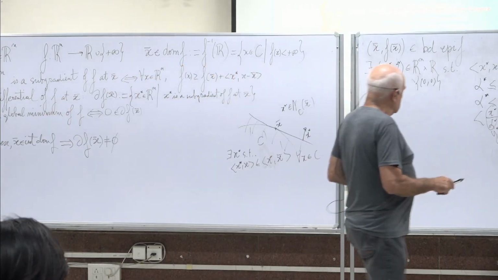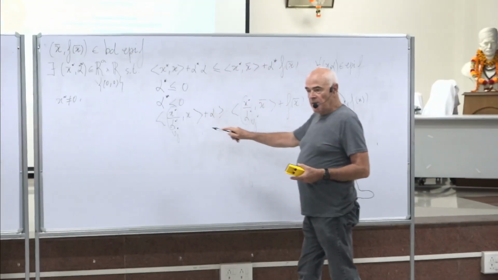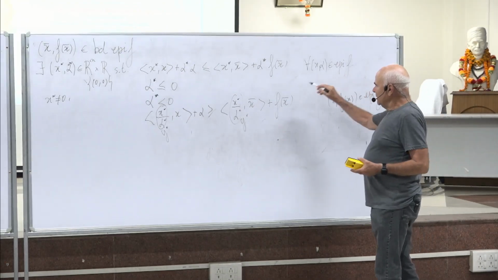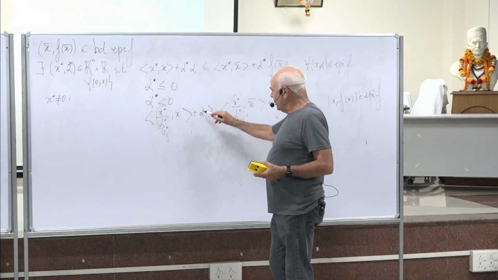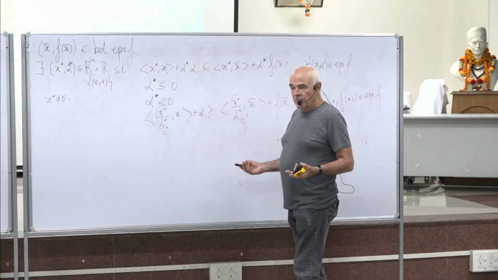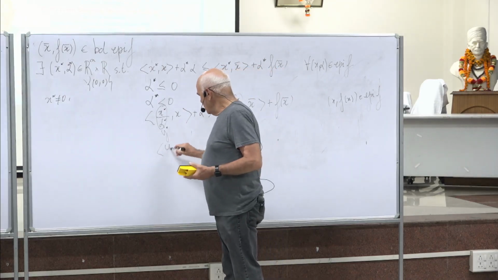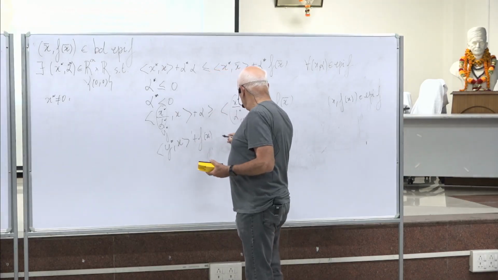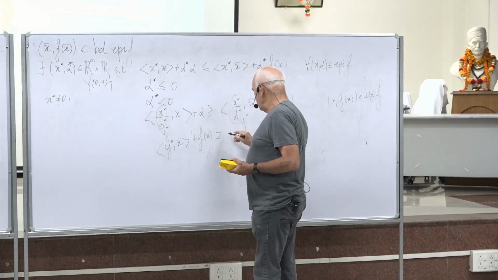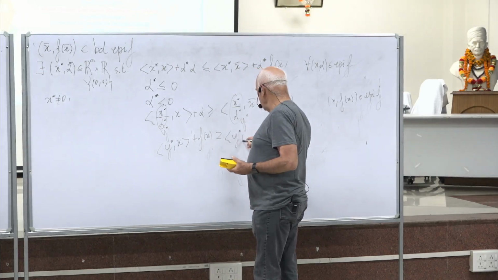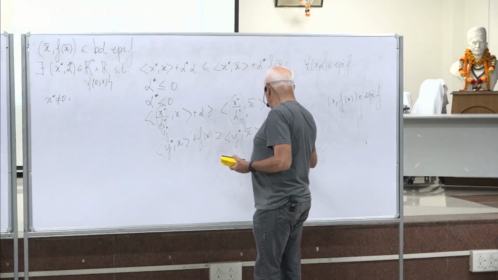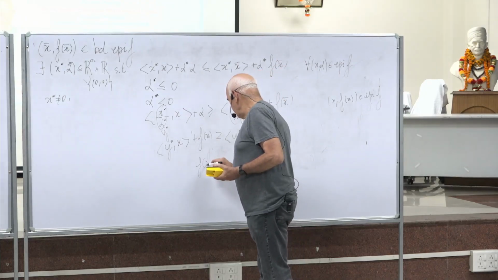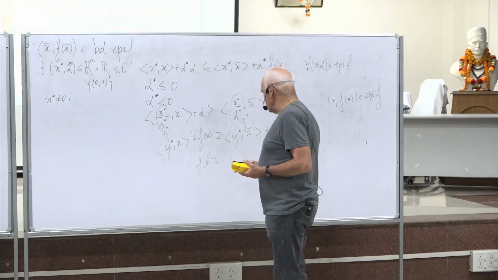Then, assuming that x is in the domain, then x, f of x is in the epigraph, and then I have this inequality with alpha equal to f of x. So I have y star x plus f of x greater than or equal to y star x bar plus f of x bar, which means f of x is greater than or equal to